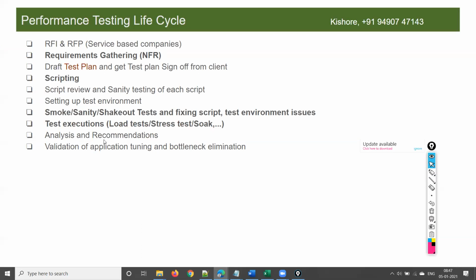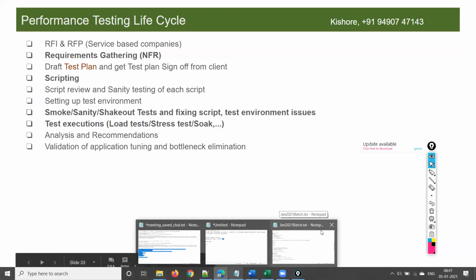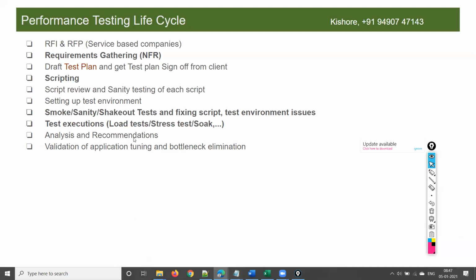After that, we will submit the detailed report to the client, wherein we will mention what issues are identified, what the resource utilization is, and how the response times are with respect to SLAs. We discussed what these SLAs are. So to avoid those issues, we will provide some tuning recommendations to the client.